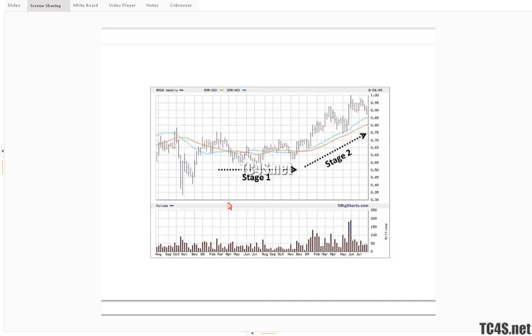Okay, so we're going to start the pullback buy tutorial today. The first thing I want to talk about here is to put this in perspective and to have you understand that these pullback buys are meant to be applied under specific conditions, okay? It's really important that you use these qualifiers to get yourself into a framework that's going to allow you to